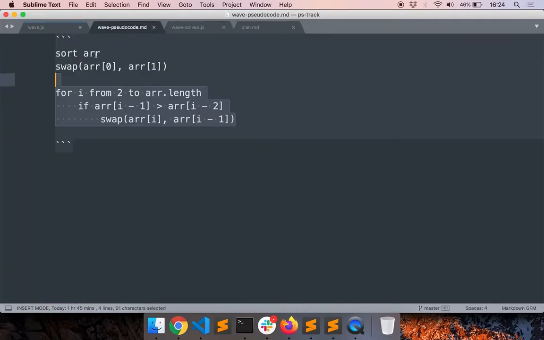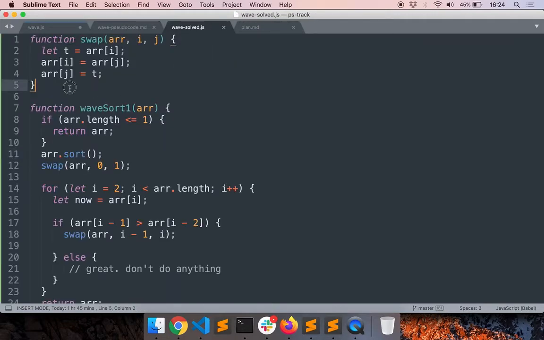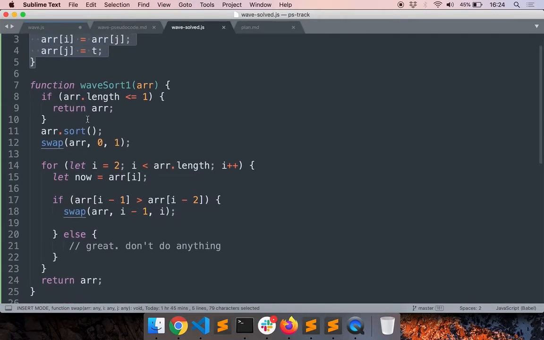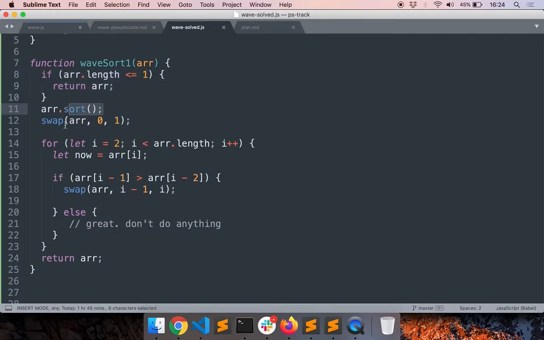You can notice in the pseudocode that we swapped two values in two different places, right? So we can extract out a helper function. We can just write a function swap which will swap two values in an array. So this is the code for that. This will help us because that way our actual code will match the pseudocode very closely and chances of going wrong are quite less. And of course we can handle some edge cases,